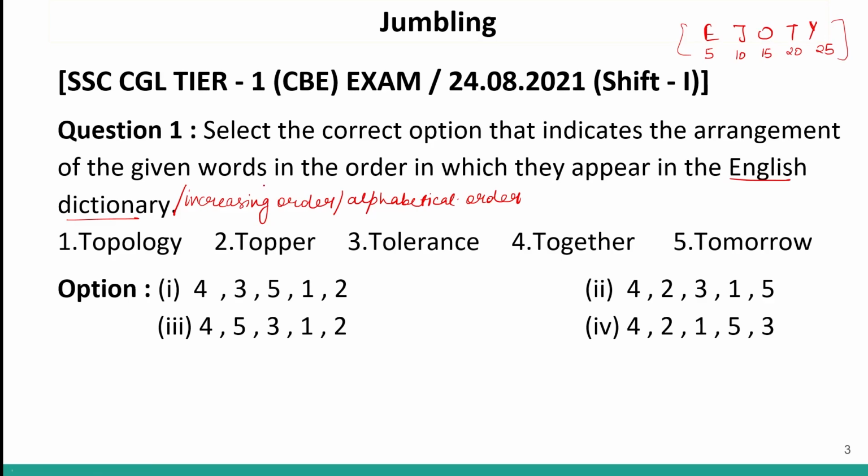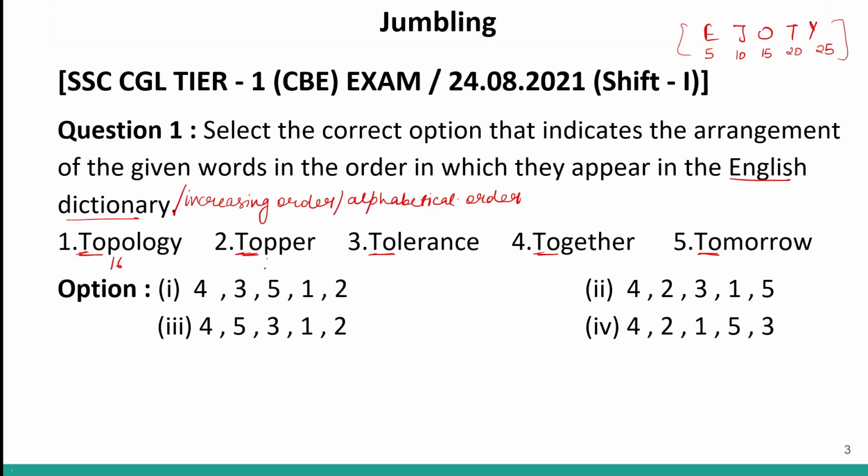Now let us come to this question. I can see that T is common in all. In fact, the first two letters, TO, are common in all. So we will start looking at the third letter. In this, the third letter is P and P's forward rank is 16.